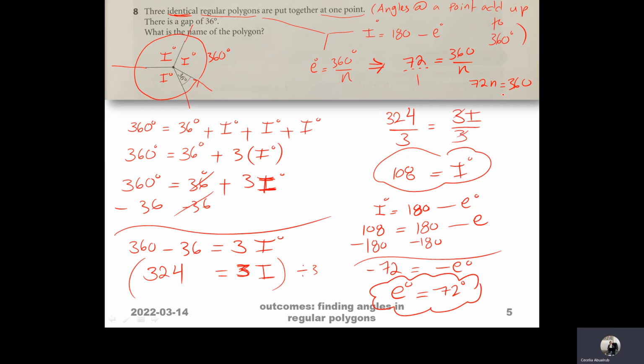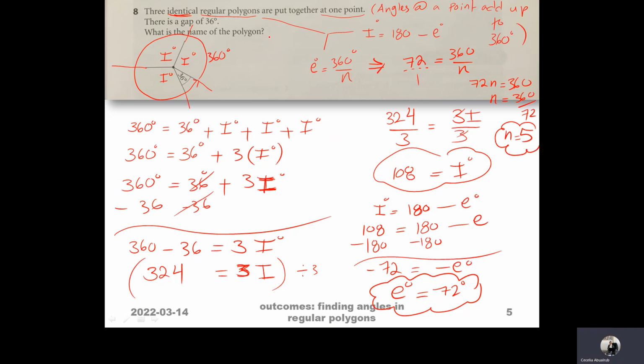You're going to divide each side by 72 to get rid of the coefficient of N. So N is equal to 360 over 72. So N is equal to 360 divided by 72. So we will have a polygon with 5 sides,